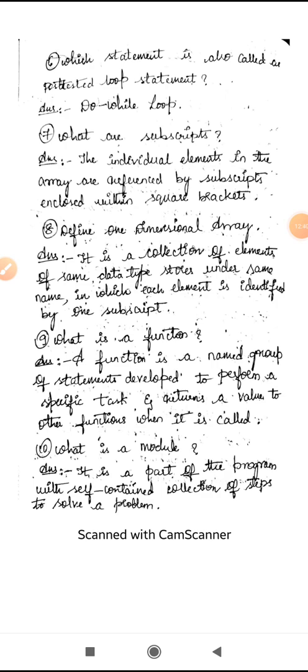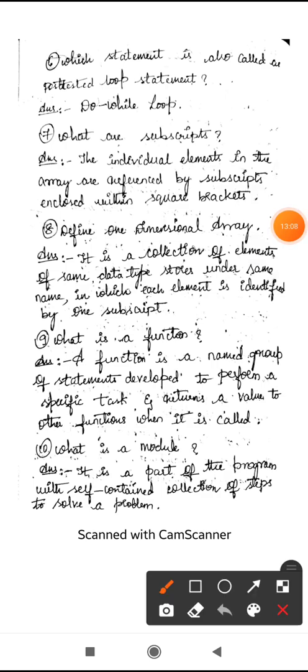So you might be knowing in C++ programming, one of the major strengths comes from the concept called as function. So function means what? It is a named group of statements. Why we have called it as named group of statements means it will perform some specific task and it will return a value to other functions when it is called.